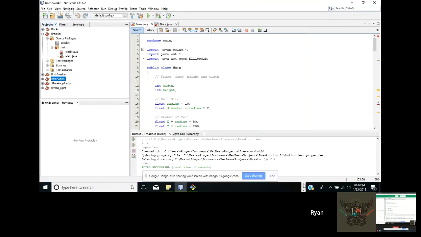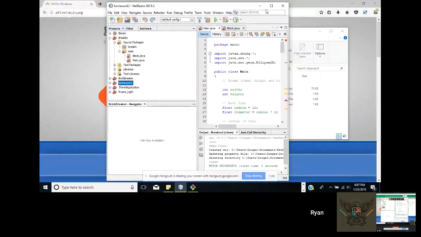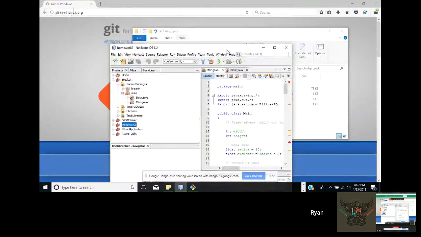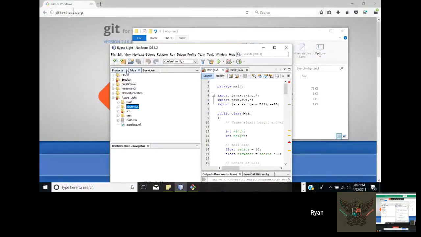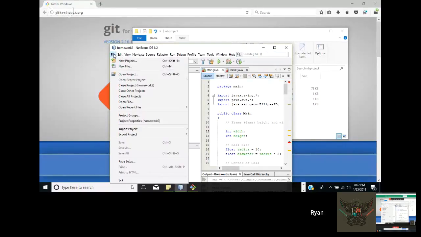Now, here's what we're going to do: go to NetBeans, do the new project or open project. Is there an open? Where would I go to find that? Can you lower your NetBeans a little bit? I've got something else on my screen for sharing. I can't see what you're doing. Okay, down a little lower. Right there. Okay, so choose File, the menu item, and say open project.